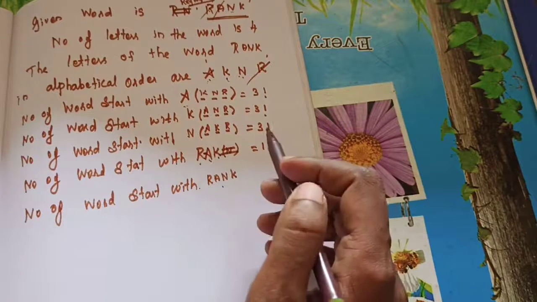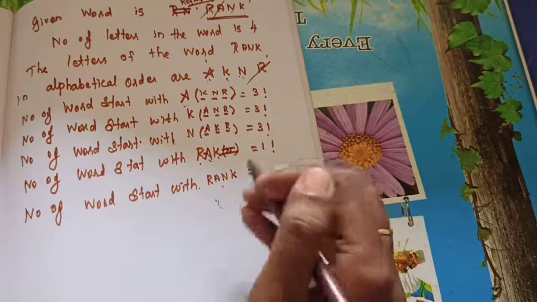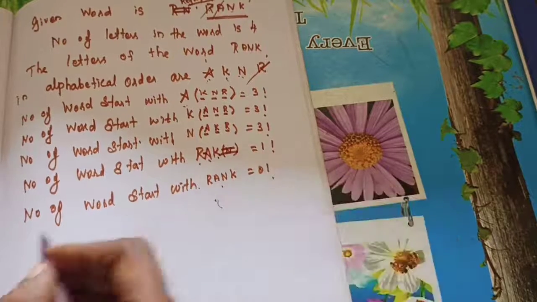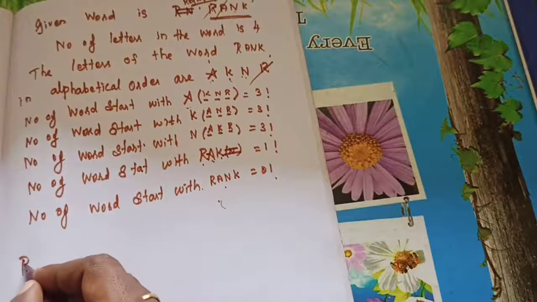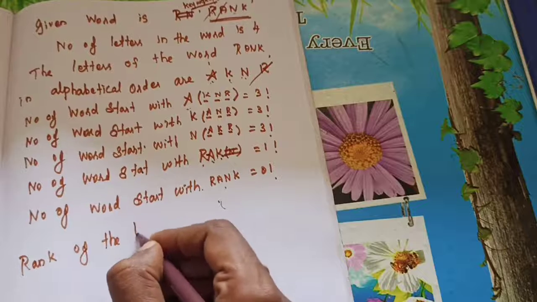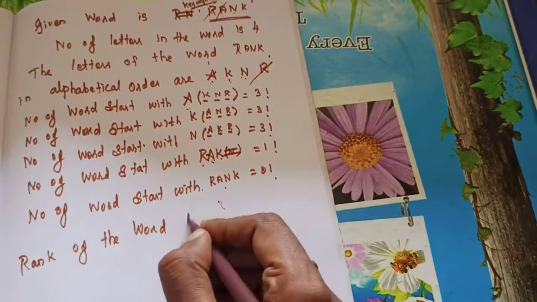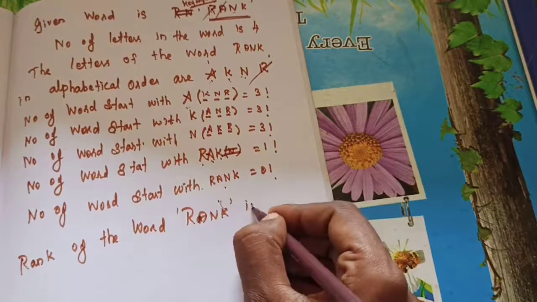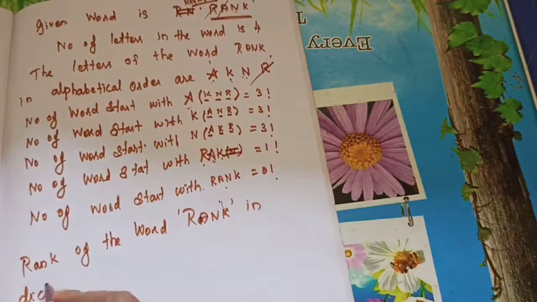So R-A-N-K means, what will happen? Is there any letters balance? No. So everything will get cancelled. So we will get 0 factorial. Now we can find the rank of the word. That is, rank of the word in dictionary